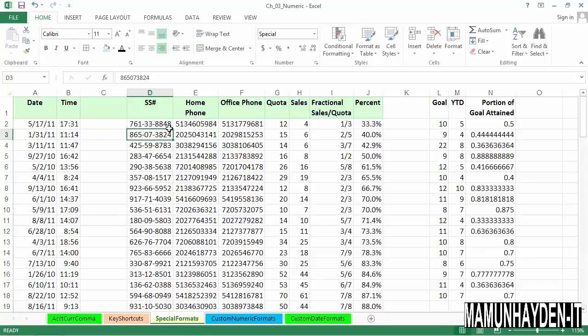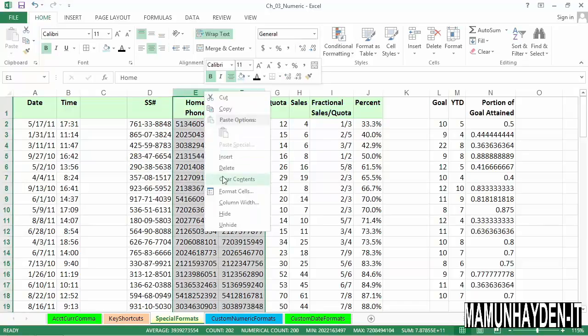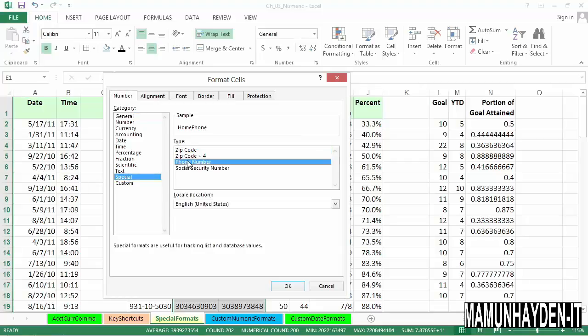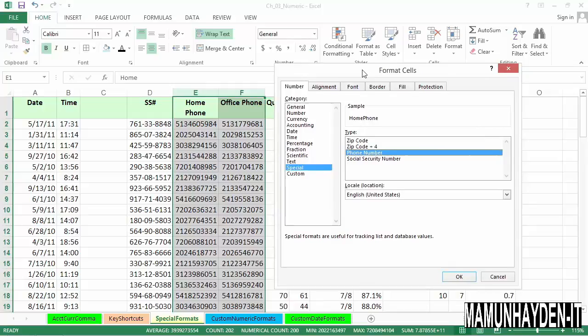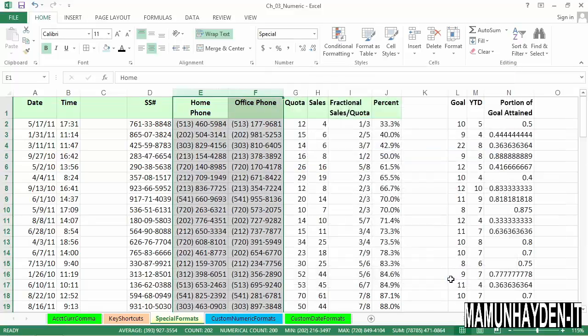It's ideally best if you format these before you put in the data, but you can certainly do it after the fact, as we saw here. And similar with the phone numbers in columns E and F. This time, right-click, go into Format Cells, and also in the number category, under Special, Phone Number. This handles both 7-digit and 10-digit numbers. We don't see too much of the 7-digit numbers anymore, but they're covered as well. As soon as we make our choice here and click OK, we now see the parentheses, the additional space,